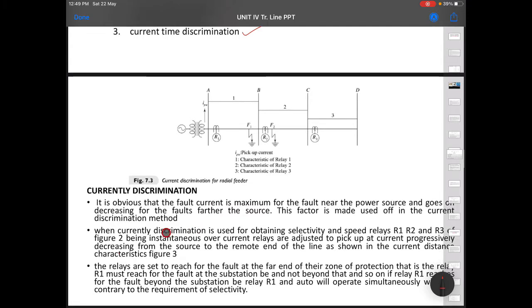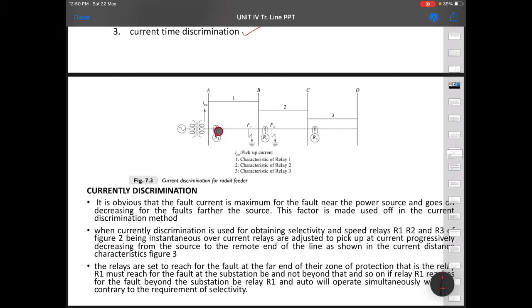In current discrimination, what was the assumption? The assumption was that all three relays R1, R2 and R3 are instantaneous overcurrent relays, adjusted to pick up current progressively decreasing from the source to the remote end.